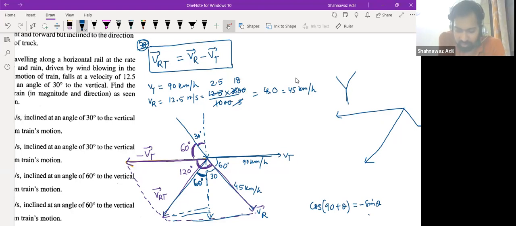What should we do? We will stop at this point, right? Because nobody is here, and if we do any other problem, then